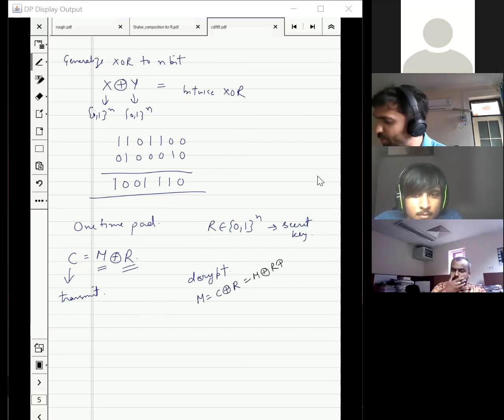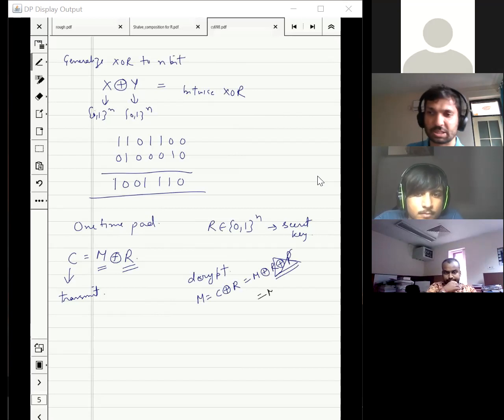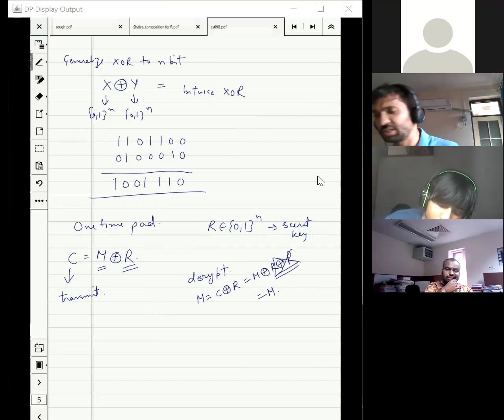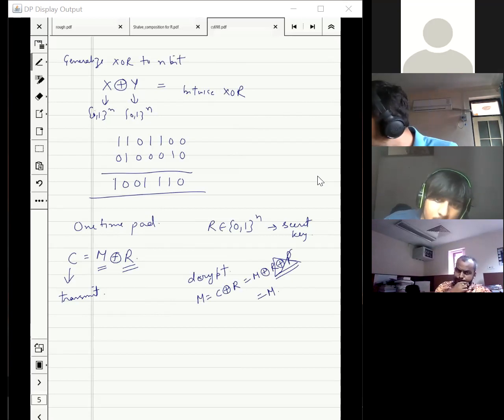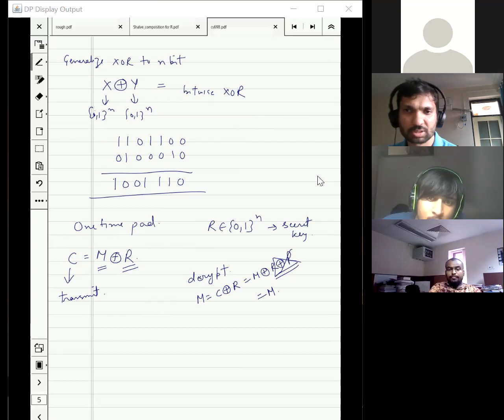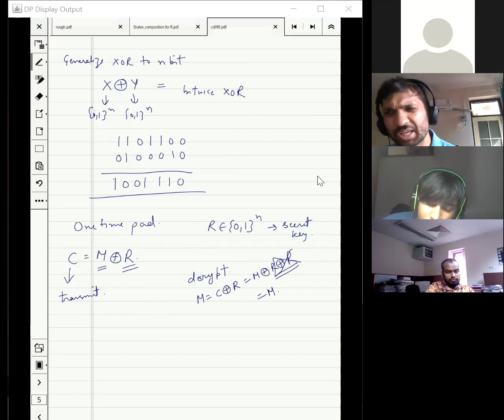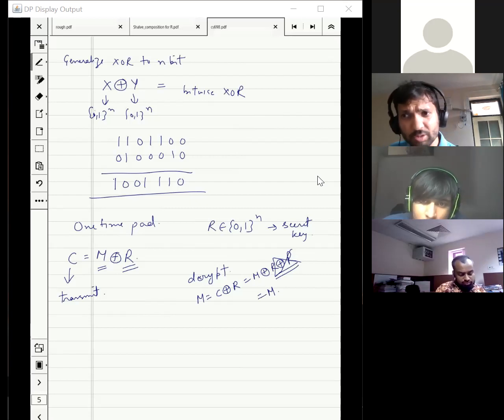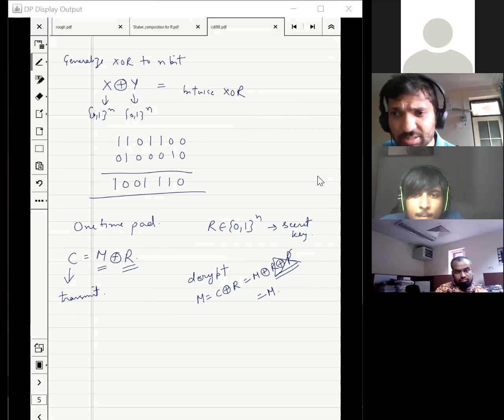Again, a very nice property of Boolean functions. This kind of cancels out, right? And then you get the message. So decryption is very, very easy. If you have seen XOR for the first time, you can convince yourself that R plus R will become all 0 strings, right? So encryption and decryption is easy, and you can kind of guess also intuitively. It feels that this should be secure. But let's now try to see mathematically why that is the case.